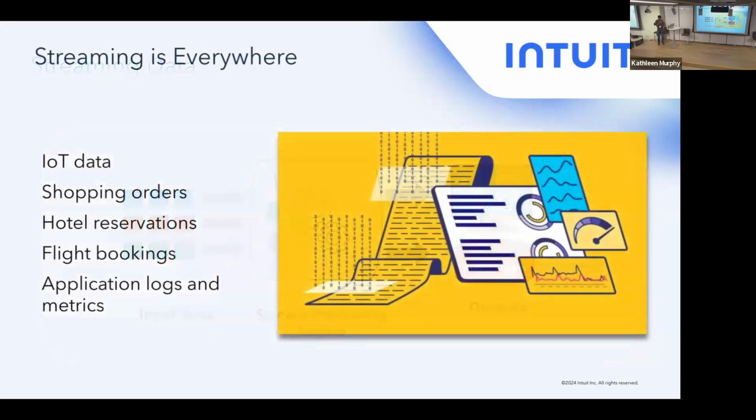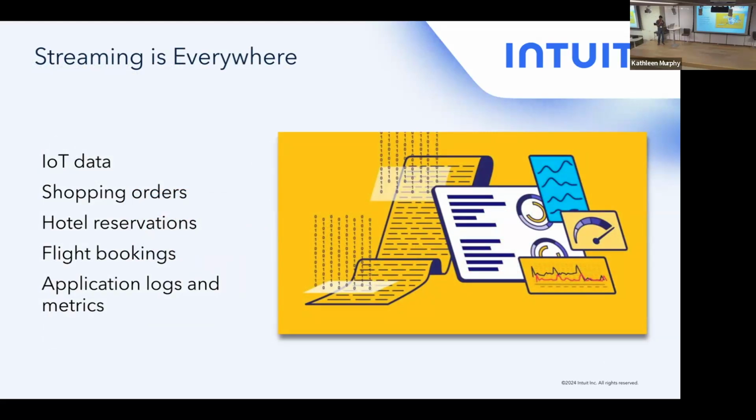But streaming data is pretty much everywhere. These are various examples that you could see on a day-to-day basis, such as IoT data, shopping orders, hotel reservations, or flight bookings. And even observability needs, where you want to understand how your systems are performing in real time. So streaming is pretty much everywhere. And one of the most prominent use cases in the context of ML is that it's not just about data processing. You would also want to act upon the events and do some kind of inference as they are flowing in. That is one of the most common use cases that you would see in production on a day-to-day basis.